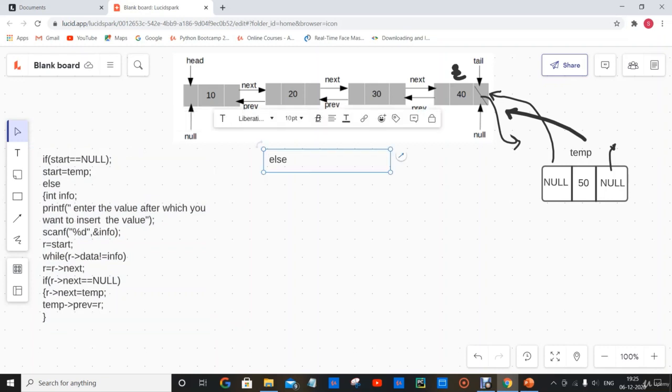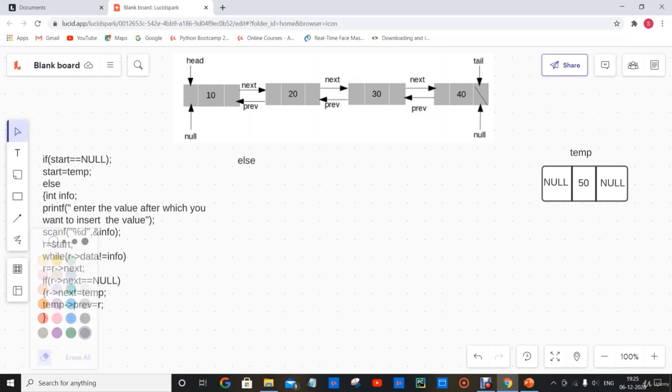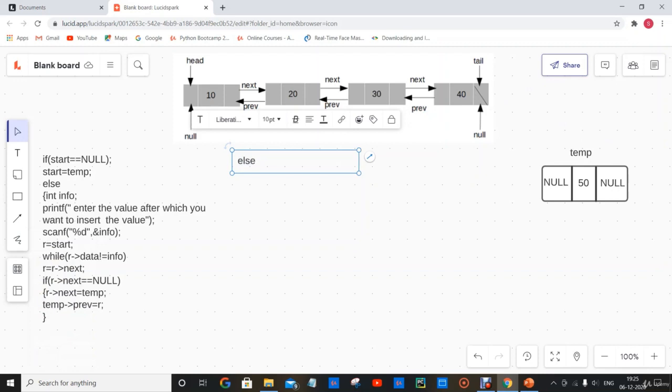Now what we are going to do in the else part, if we don't want to insert the temp at the beginning or at the end, is insert this temp in the middle. We will consider the situation where we are going to insert this temp in the middle. Let me erase this so that you can understand it in a better way. So now in the else part,